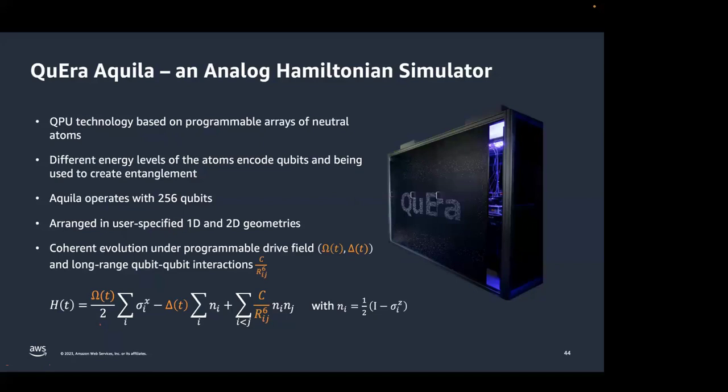And you can arrange them into any 1D or 2D geometry. So for example, if you have a 2D graph, you can arrange these neutral atoms in practically any 2D geometry corresponding to that graph, and try to solve graph-based problems using this device.